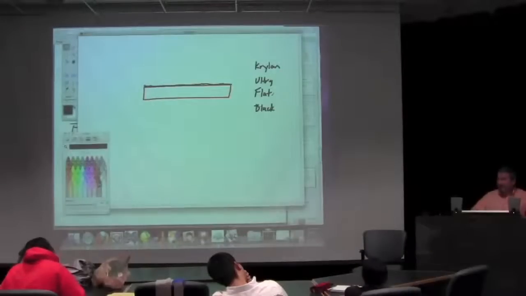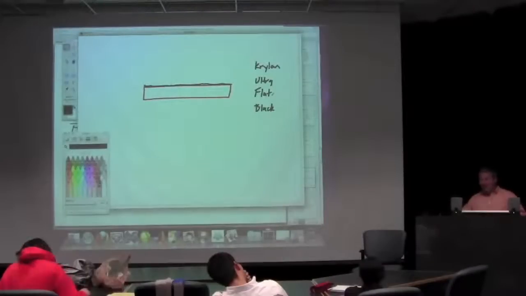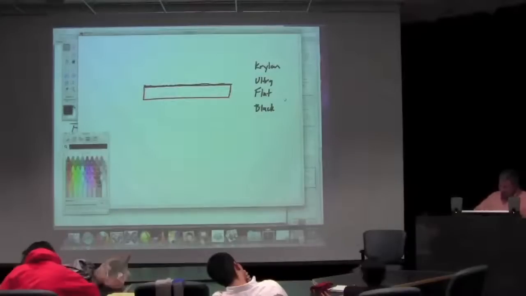So we came back and we started looking around the web and nobody had Ultra Flat Black anymore. We called Krylon and they said, oh, we stopped producing that because it was too delicate of a paint. If you touched the surface, you could see the scuff marks on it. And we're like, wait a minute. So we explained to them what we were doing with this paint, and they sent us the last 4 cases that they had of it. So we have the last 4 cases sitting in. I'm hoping at some point they go back and they start producing this paint again. But if you ever need it, you have 4 cases, and